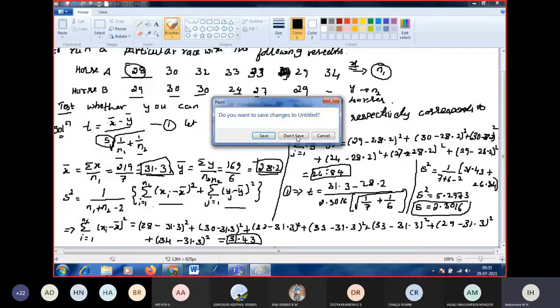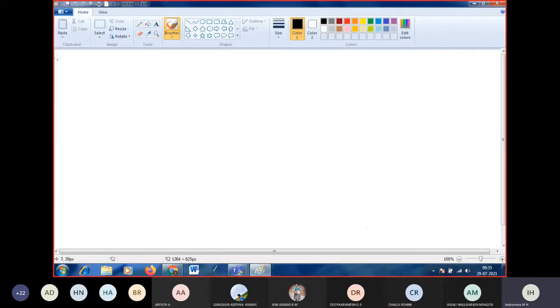So if you simplify this, you will get the t value as t is equal to 2.42. So we have to check the significance level. Between the t value we got, actually we are taking two levels of significance. One is 2% and another one is 5%. So the t value at the 5% level of significance.